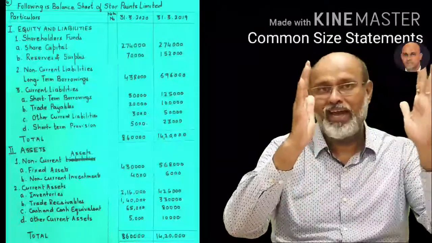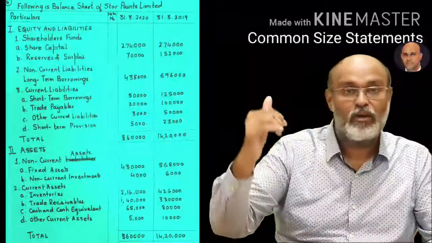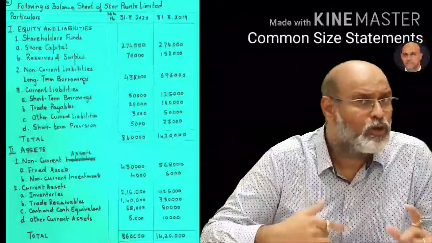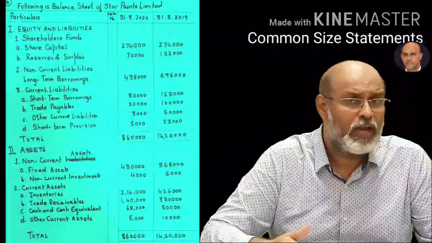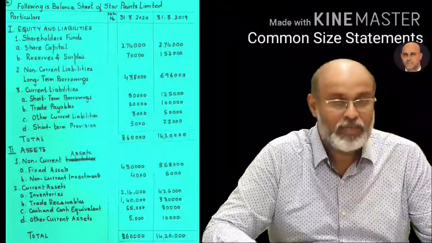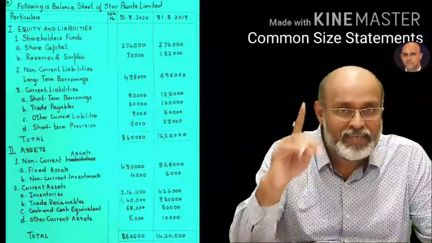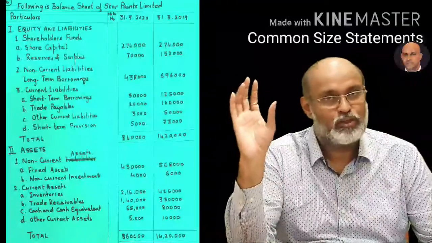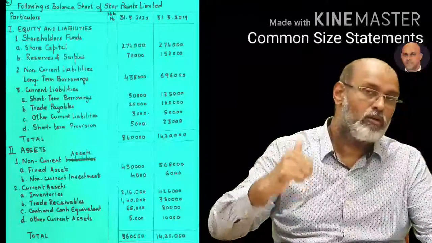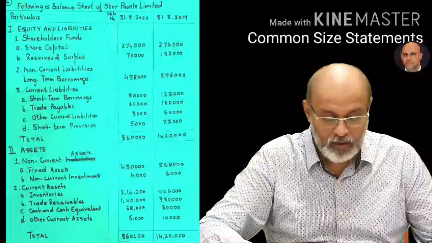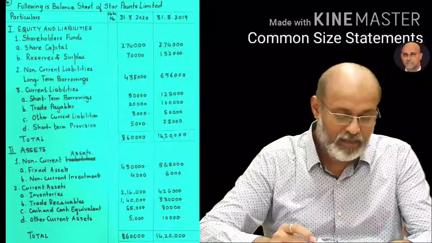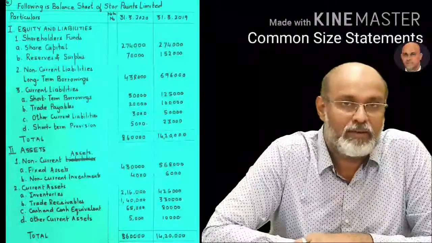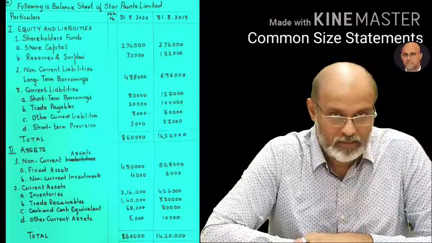Now coming to the next, your current liabilities and provisions are 2,98,000. You divide 2,98,000 by the total of the equity and the liabilities, or the total of your assets, because your total assets will be equal to your total liabilities and equity. That is 14,20,000. So 2,98,000 divided by 14,20,000, you put the percentage figure, that is 20.99, in the third column of your previous year. From your equity and liabilities, which is divided into shareholders funds, non-current liabilities and current liabilities and provisions, we will go to assets.